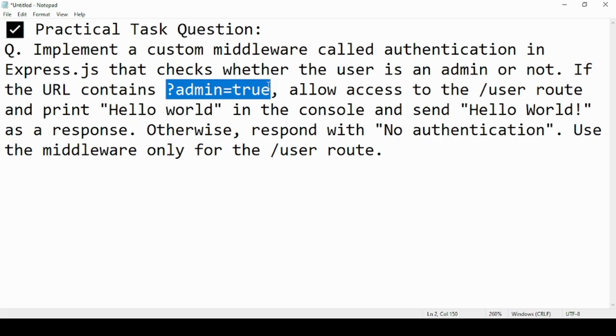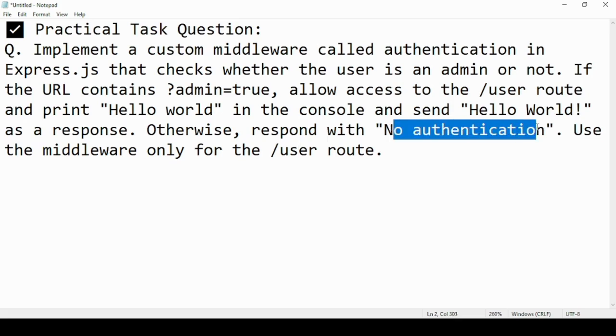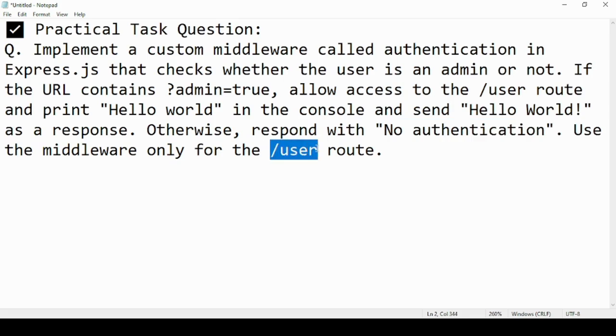If the URL contains the query string admin equals true, allow access to the user route, print hello world in the console, and send hello world as the response. Otherwise, the response should be no authentication, and use the middleware only for this particular route. So you can pause for a while and start doing this question.